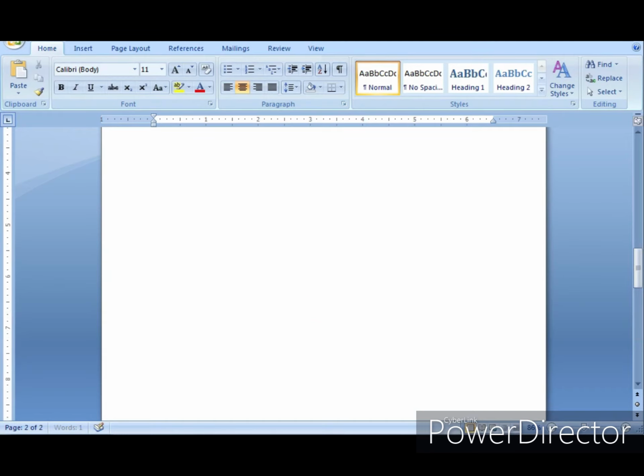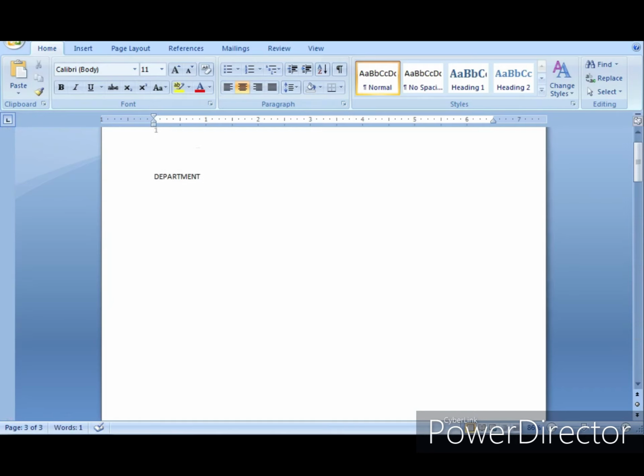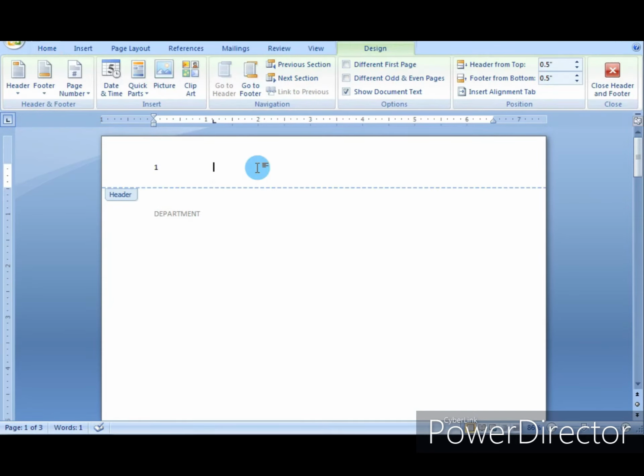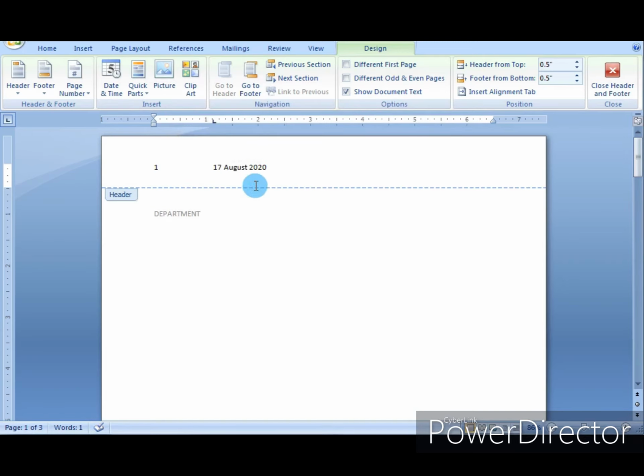When I go to the third page, it is automatically displayed. Now if I want to add the date and time, click on the date and time option. Now you can see here the list of date formats is displayed. You can select any one of it.